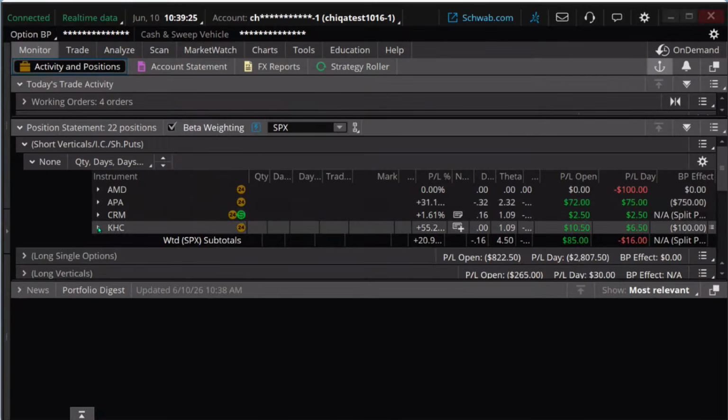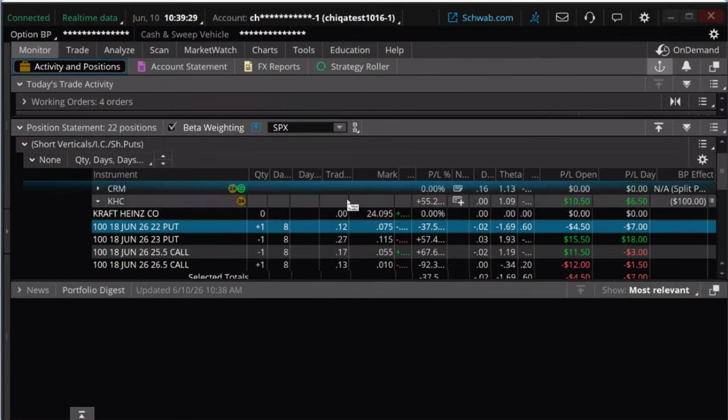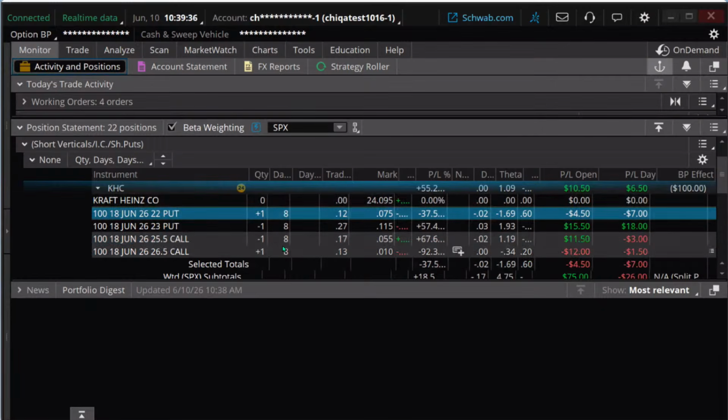We got one more in here, and I want to get to long verticals before I run out of time, and that's not going to be too long away. We're going to run out of time. Okay, first thing, 8 days to go to expiration. By the way, if you don't have this days till expiration column on there, you can add it.